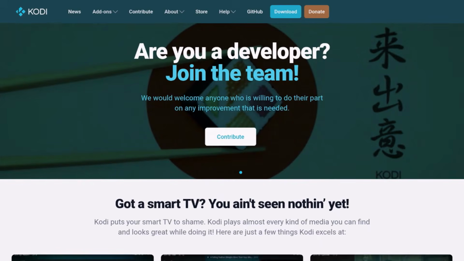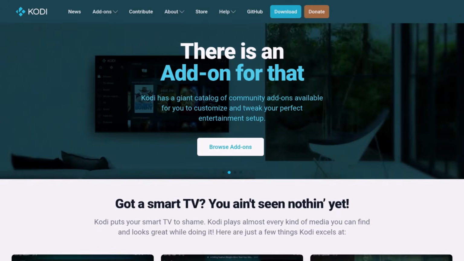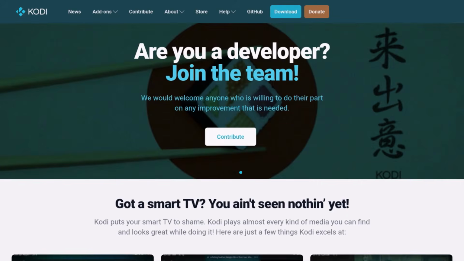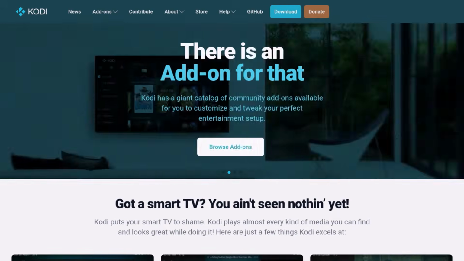Because it just plays all of my media. So here's one of the main reasons why people love KODI. It's popular because you can customize it. It's powerful because it's flexible. It lets you decide what you want to watch, when you want to watch. It also lets you decide how simple you want to set it up or how advanced you want to set it up. So I wanted to make this video just to give you an understanding of what KODI is and what KODI isn't. As we continue this series, you're going to see we're going to grow and learn some different things.